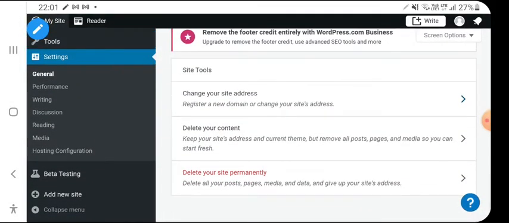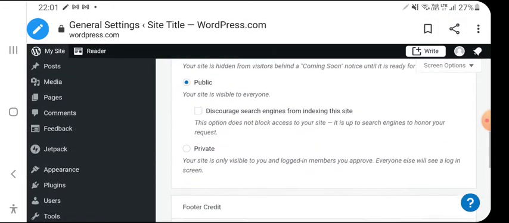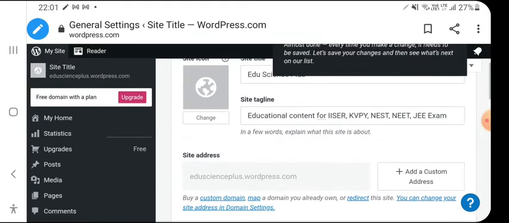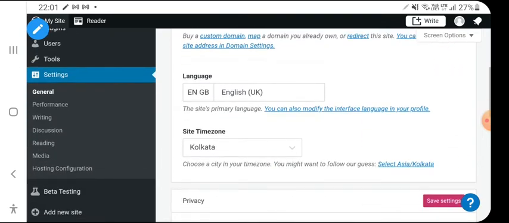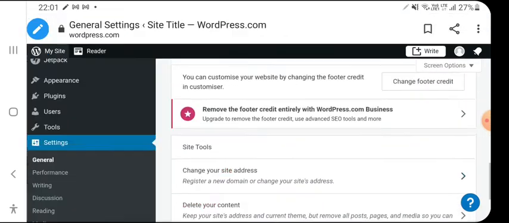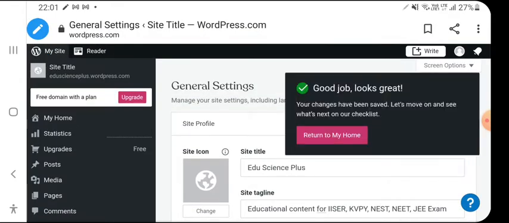We don't want to change the address right now, and we don't want to delete any content because this is just a new website. So the rest of the settings are fine. We can save it and then consider further. So let's save the settings.